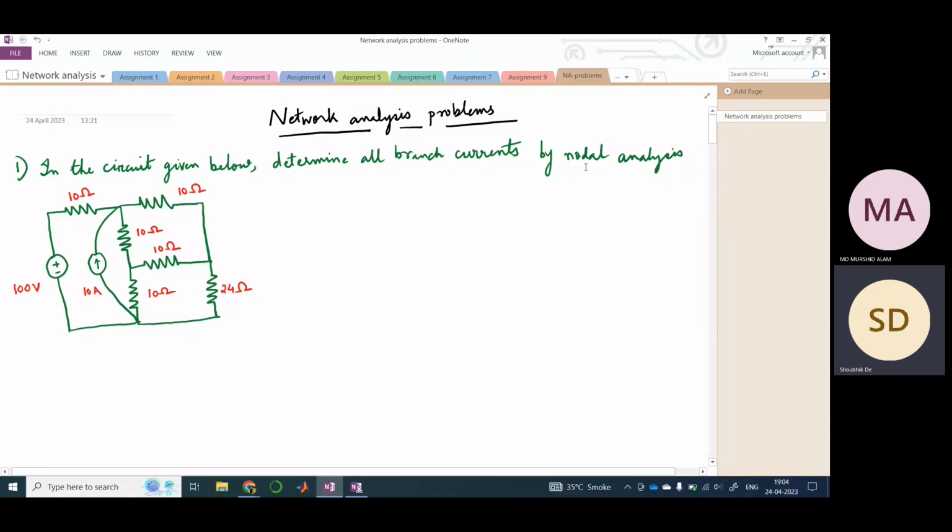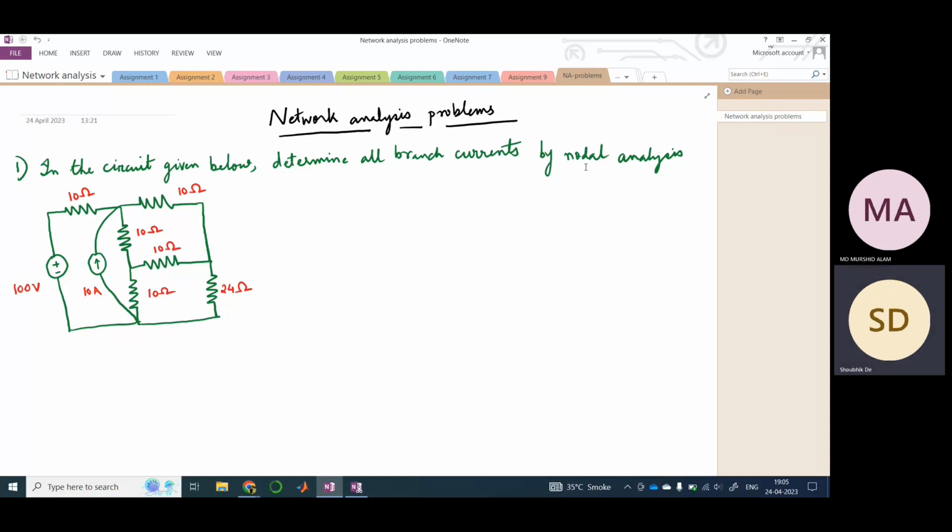So let us look at the first problem. Here they have told that in the circuit given below, determine all the branch currents by nodal analysis. This circuit is given, so let us try to determine what the branch currents are, right? As you understand, branch current basically means